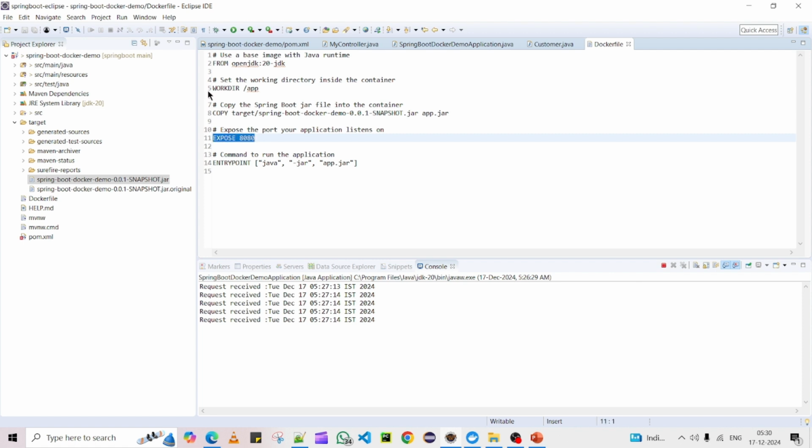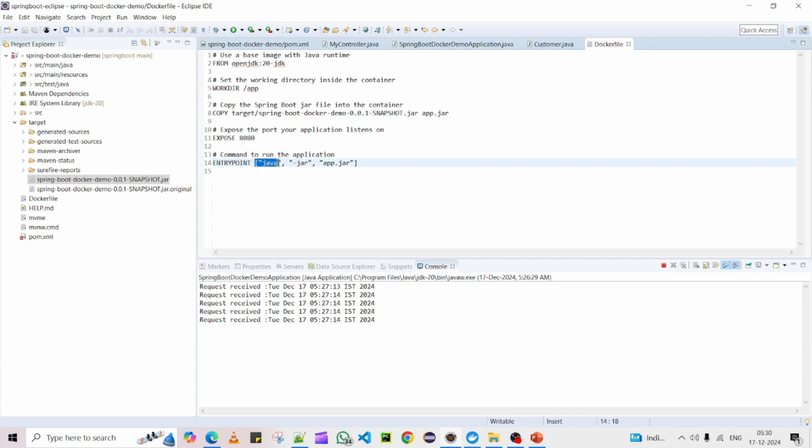Now you can come to the fourth step. When you are running your jar inside the pod, we need to run on a specific port. So what I'm giving inside the pod is 8080. Again, it's up to you. You can expose any port inside the pod, but when exposing to external, there's a different port that we can see later. So this is the internal pod port, and then finally this is the entry point, and we need